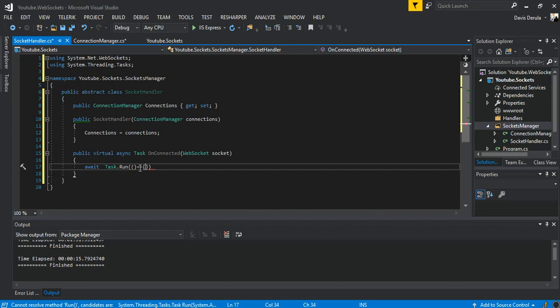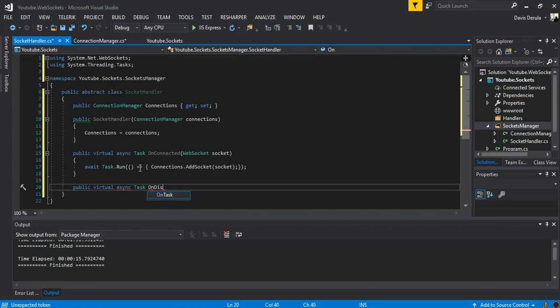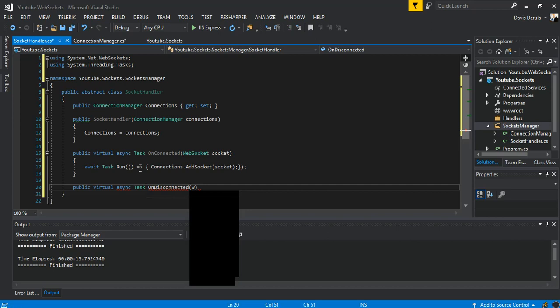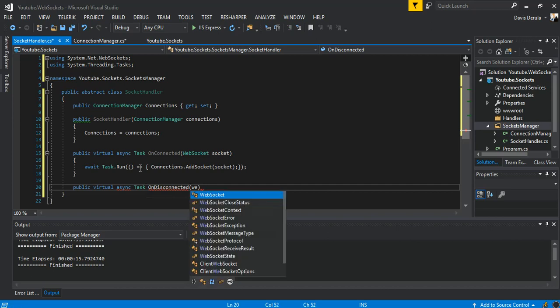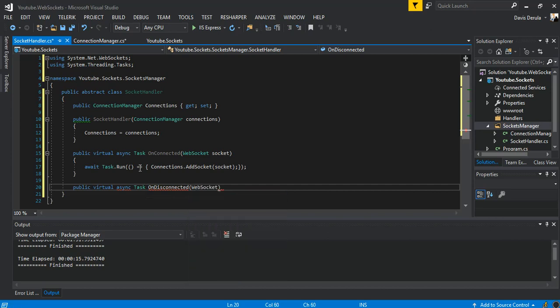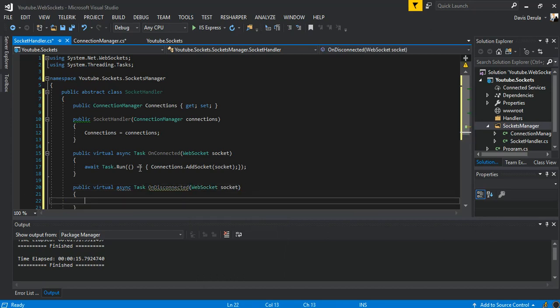So we await connections dot RemoveSocketAsync. So we say connections dot GetId. So we pass in our socket. So that's it. So we just move on to the next bit,